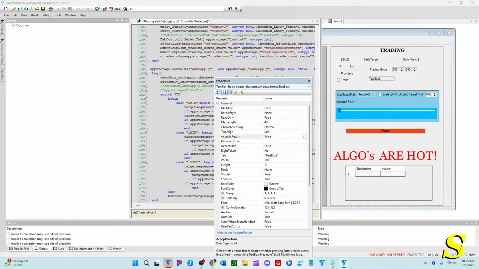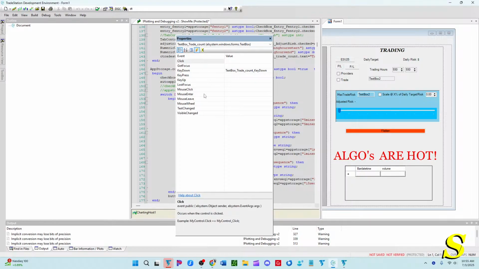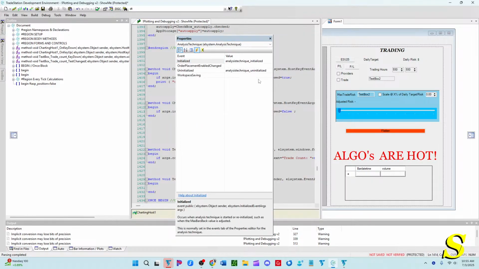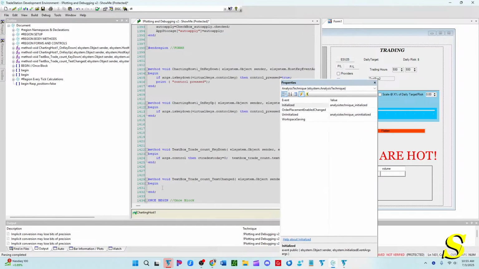I need to say if the number is changed. So we go back here, and then we go to event handler, and then we'll say if the text is changed, double click on that, which gives us a new method over here, which is this. And once we hit enter, we'll just say that the value that's now in text box trade will be the new